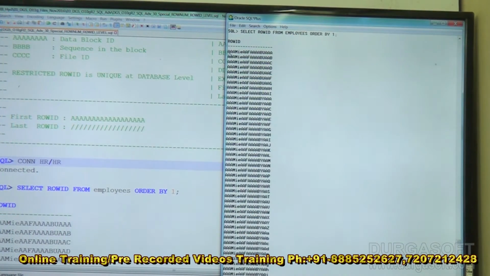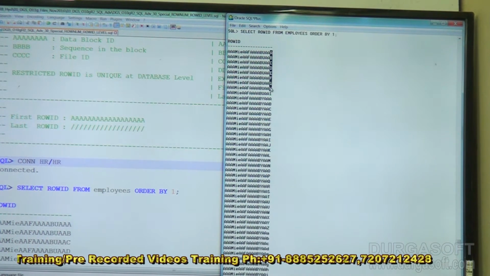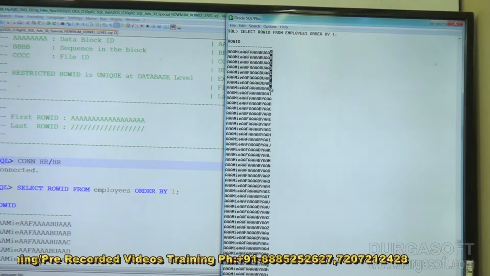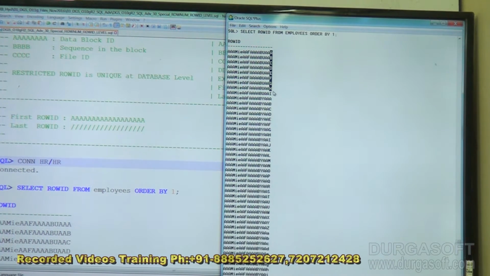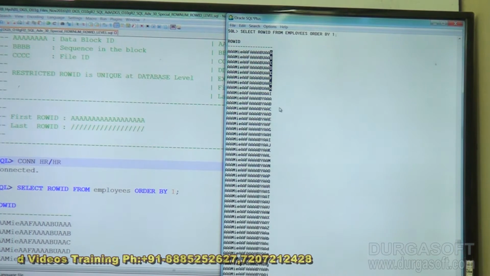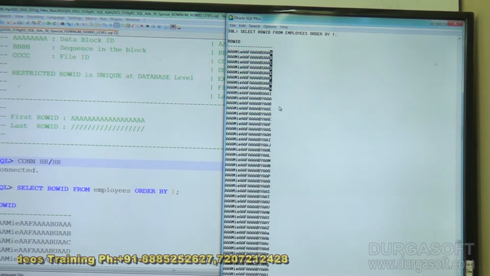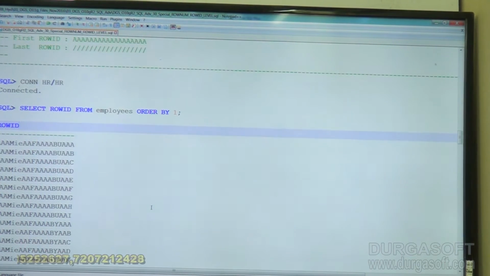Forget about other characters, concentrate on the last character. See here, it is A, B, C, D, E, F, G, H. It is not in sequential order. Normally it should give